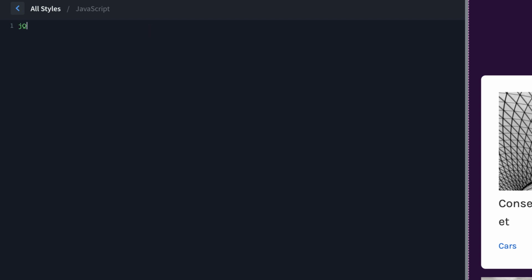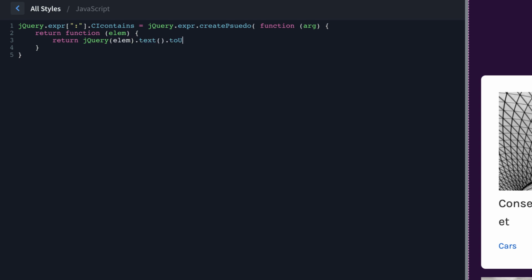So the way we do that is we do jQuery.expr. We're going to add some square brackets here and a colon within quotes. And then we're going to add our selector here. And this is going to be called CI_contains. And that is going to equal jQuery.expr.createPseudo. And we're going to do a function inside that, arg, and then open curly brace, return function(elem), open curly brace, return jQuery(elem).text().toUpperCase().indexOf(arg.toUpperCase())